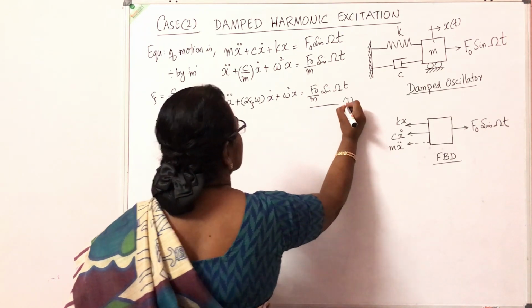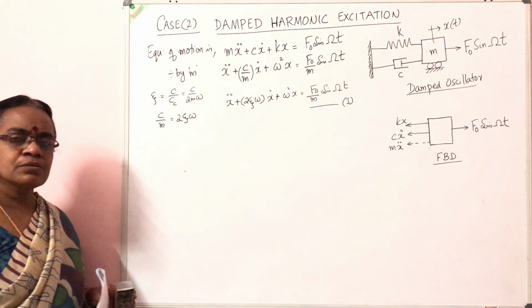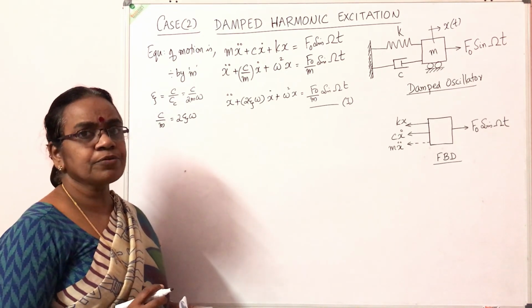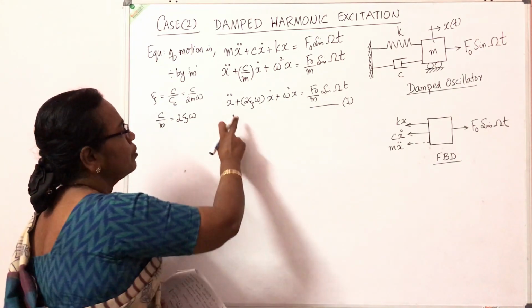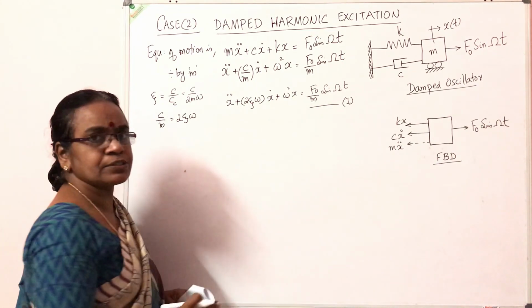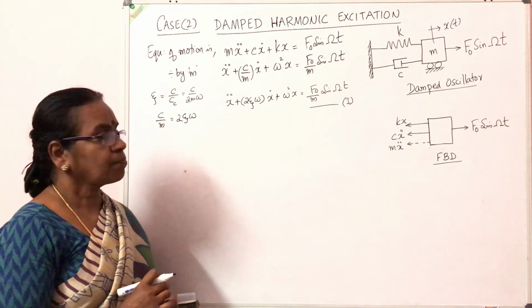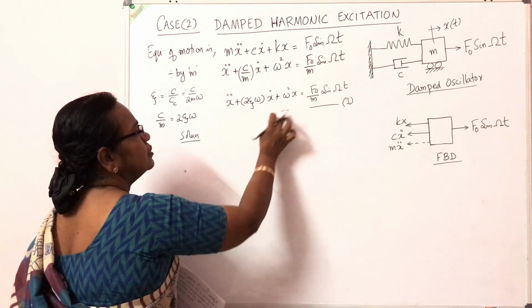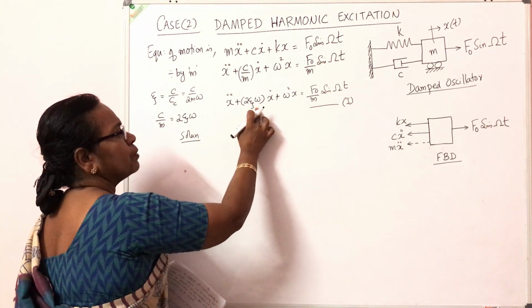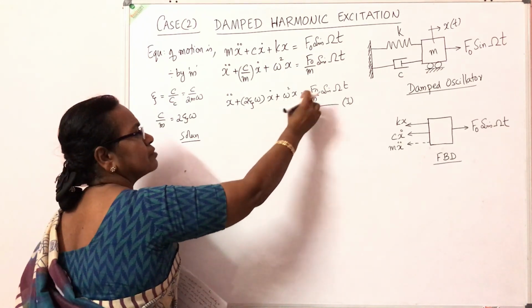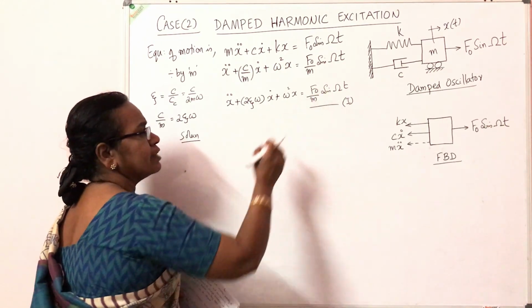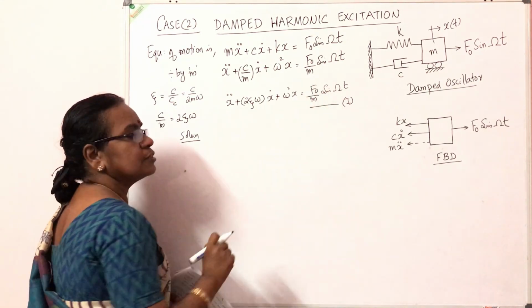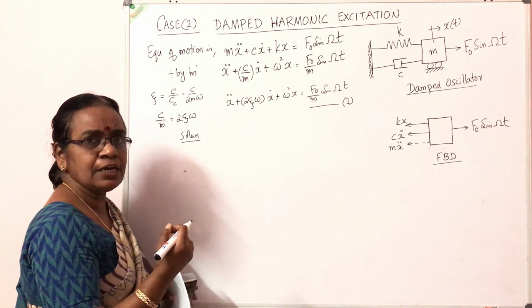This is the equation of a structure subjected to harmonic exciting force and with damping. So now our aim is to solve this equation to get the expression for the displacement x. So solution part. Here also there is d square x by dt square plus 2 psi omega dx by dt plus omega square x is equal to a function. By putting the right hand side equal to 0, we will get the complementary function, and for this forcing function or the right hand side function we have to get the particular integral.